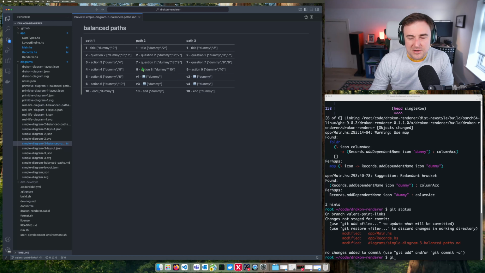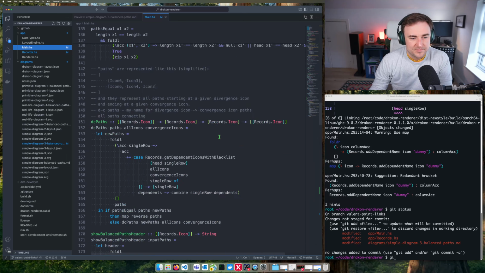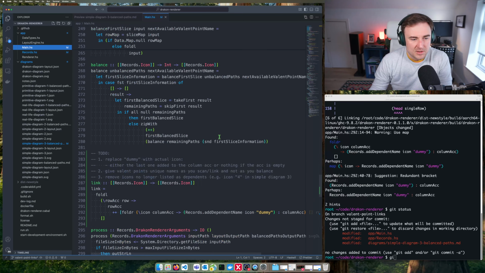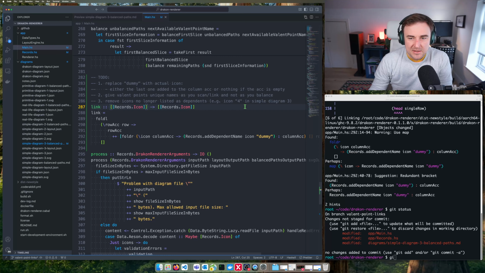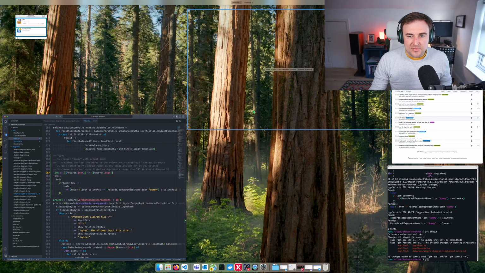But the rendering engine won't actually leverage those newly injected valent points until we link them with their parents and dependents. But as I was thinking about this during the weekend, it occurred to me that maybe wanting to link them in this current representation, meaning the list of lists of icons, let's find that function, link, is not the best idea,